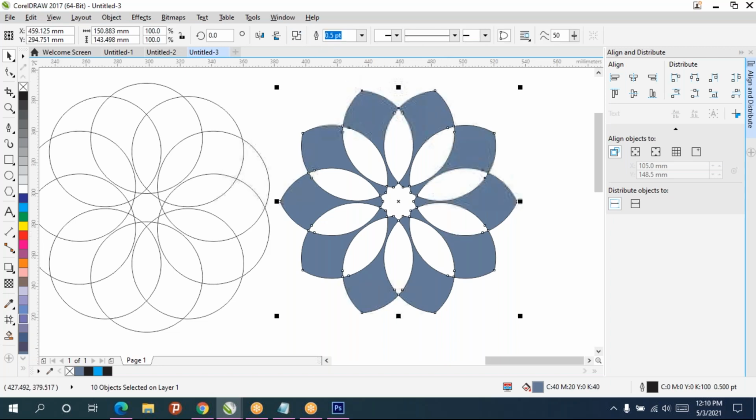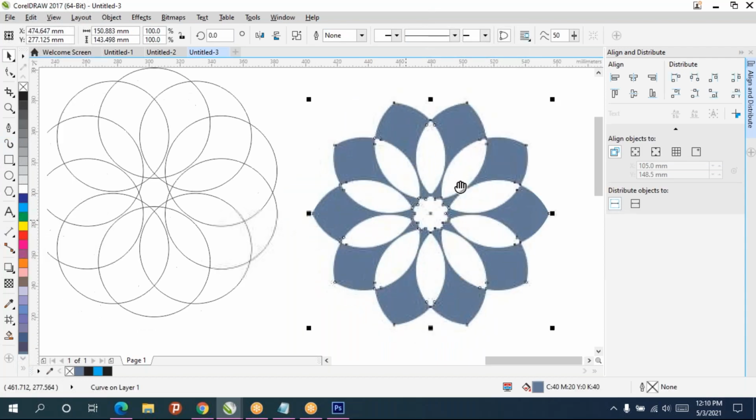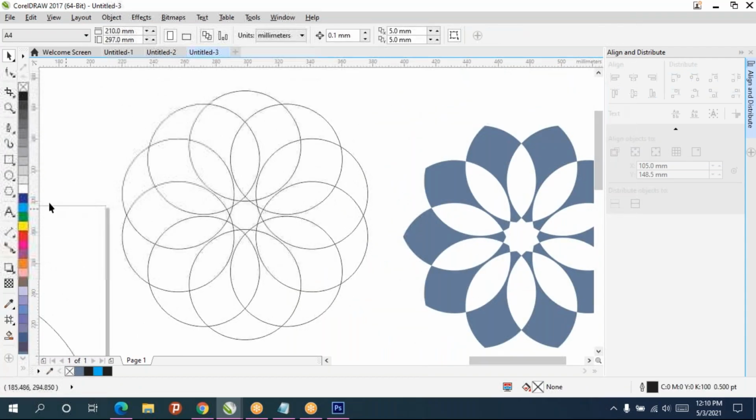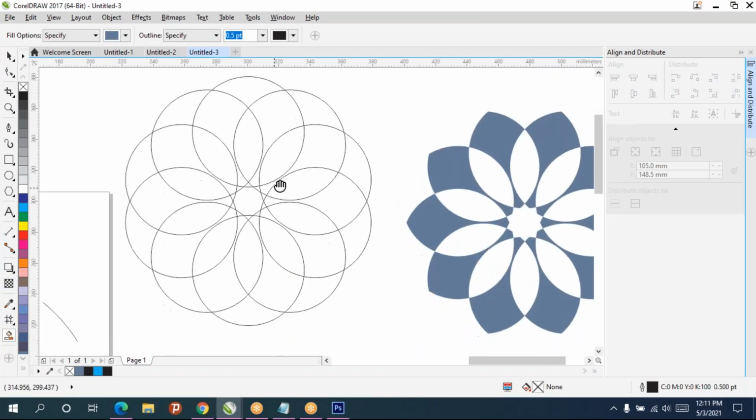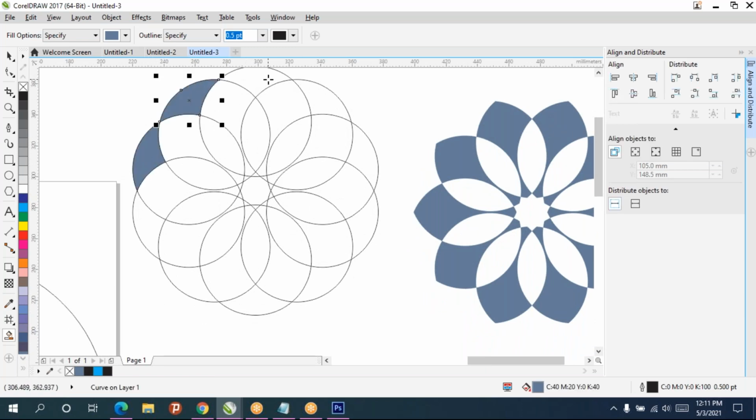And you can do weld. So now this became one object. Only this also can take.